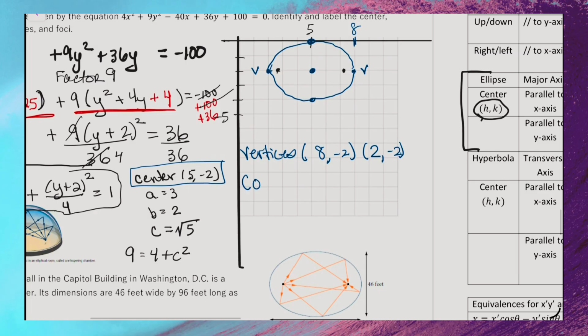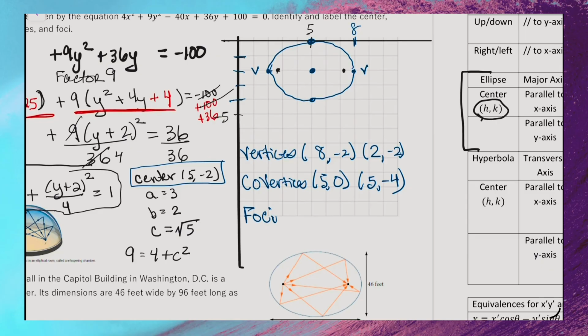The co-vertices are (5, 0) and 1, 2, 3, 4, (5, -4). The foci are,